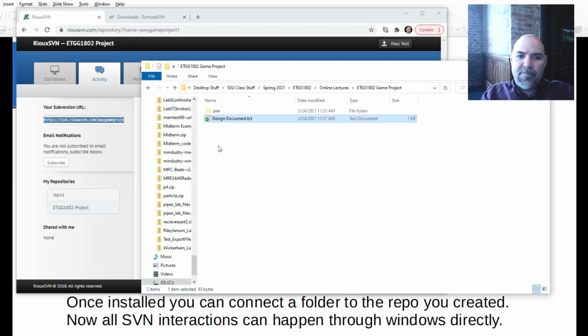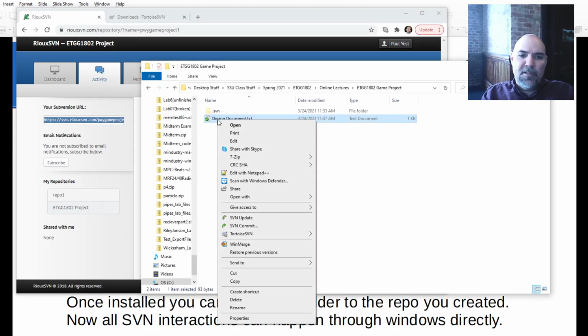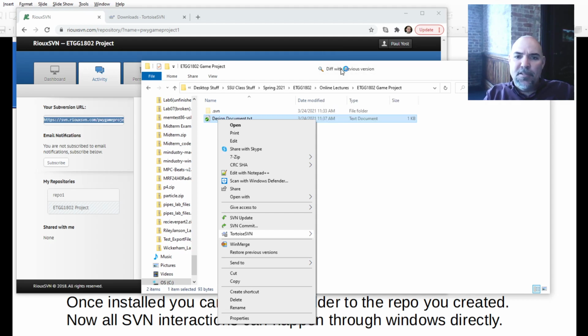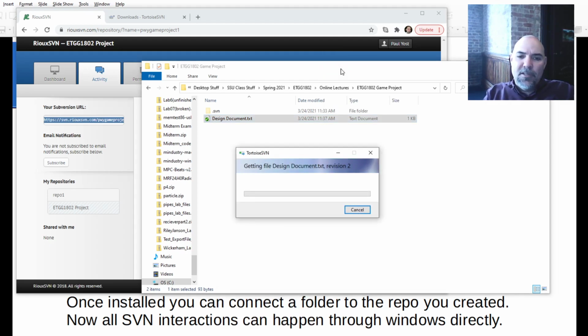So now, one of the cool things you can do is notice if you go down here to this context menu, it says SVN, TortoiseSVN. I can click on that, and then I can say diff with previous version. You could actually diff that with multiple previous versions. You can also look at the revision history for this thing. So update to a certain revision. You can look at the revision history and see what's changed. But one of the things that I find useful is diff with previous version. And so if you click that,